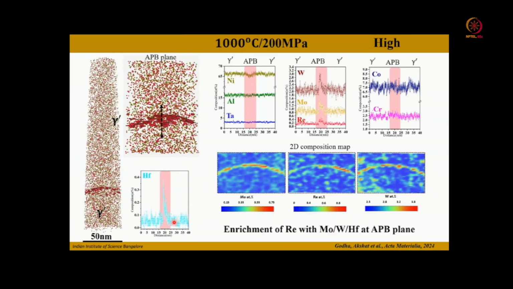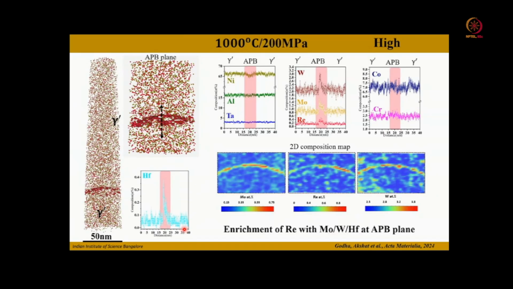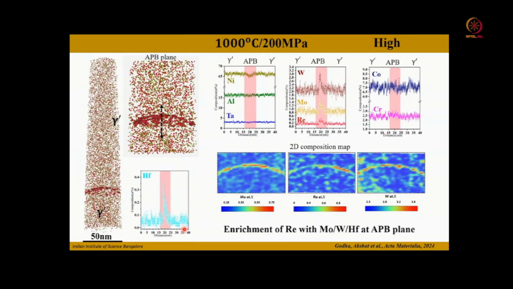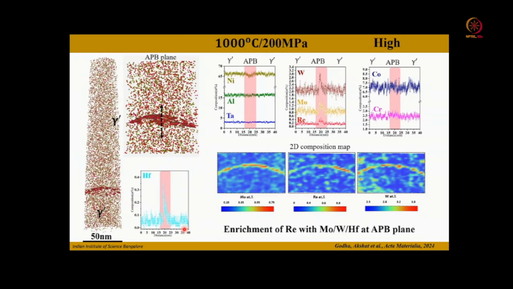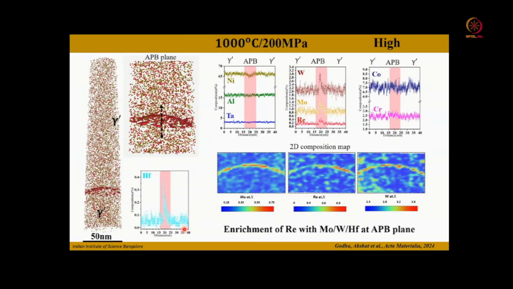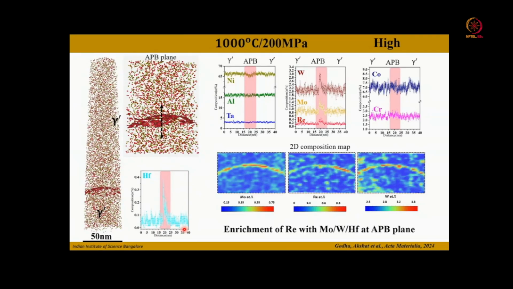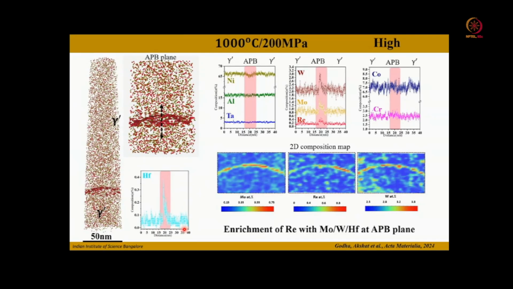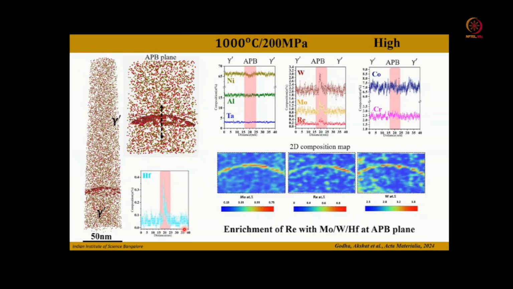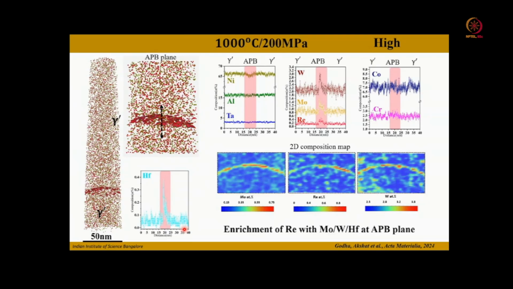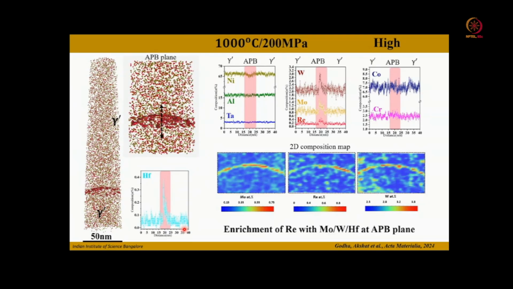Interestingly, if you take the hafnium profile, usually hafnium in the alloy is around 0.1 to 0.2%, and nowadays in the latest generation of alloys, the hafnium content has increased up to 0.3. So the literature doesn't talk about hafnium, but it was shown that the creep properties are enhanced by the addition